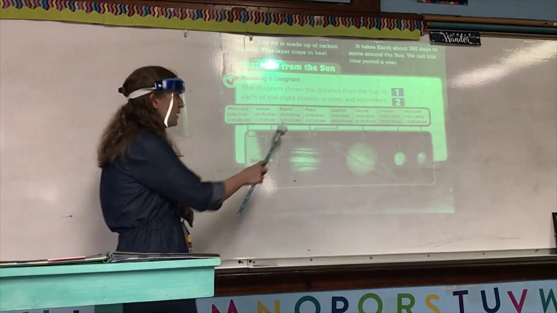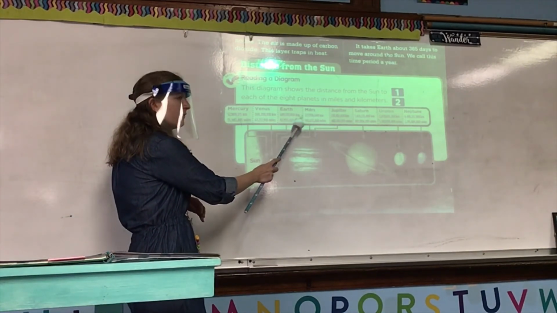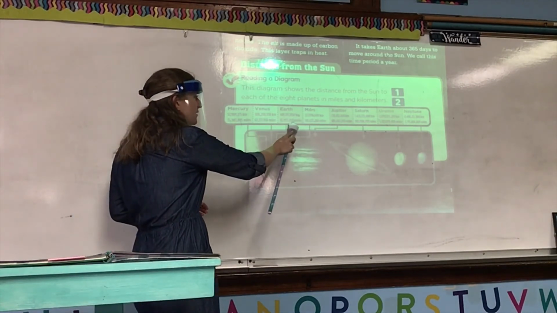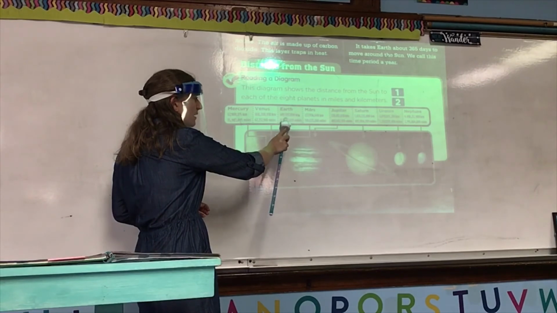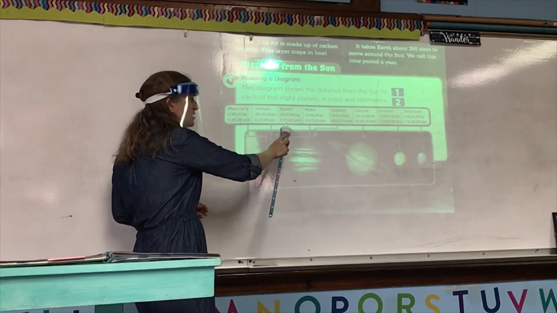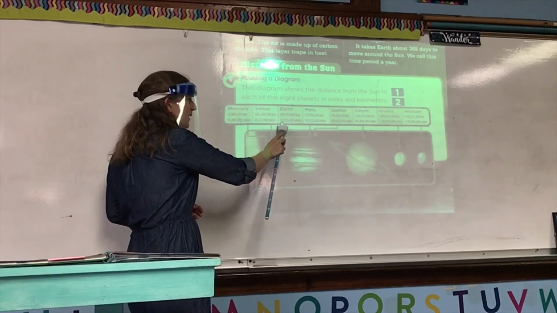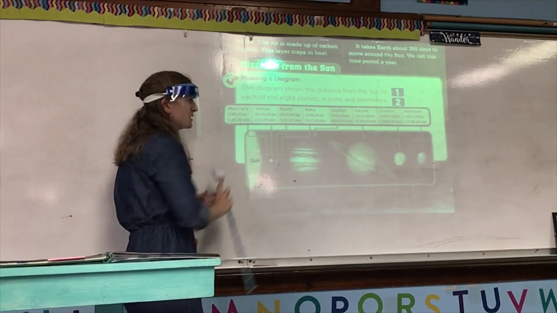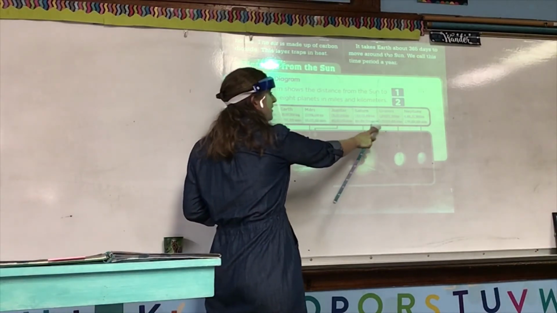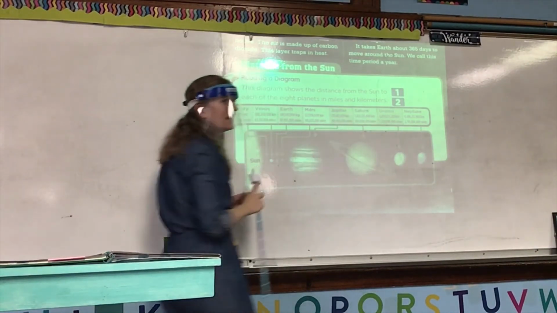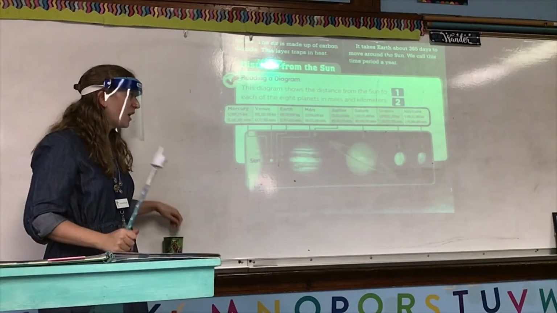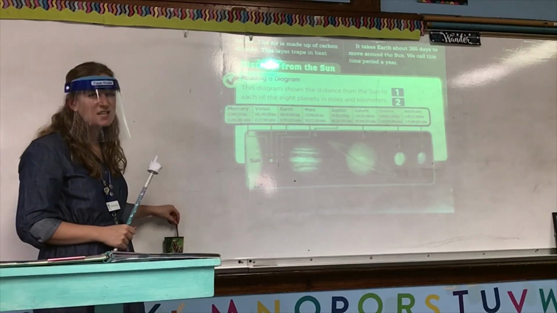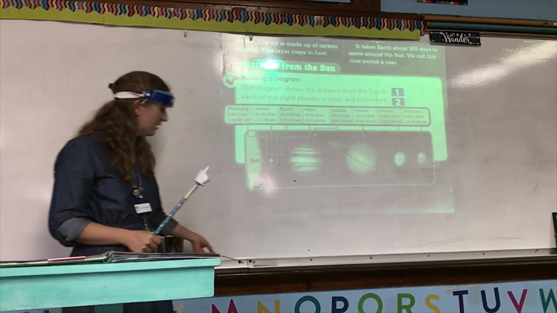92,955,820. Good. Remember, the third period from the right is the millions period. We have the first 3 set of digits on the right, which is the ones period. The second set of 3 digits from the right is the thousands period. Then the third set of digits from the right is the millions period. Sometimes we have a fourth set of digits. That's the billions period. Okay, thank you, Zari. Earth is 92,955,820 miles from the sun.